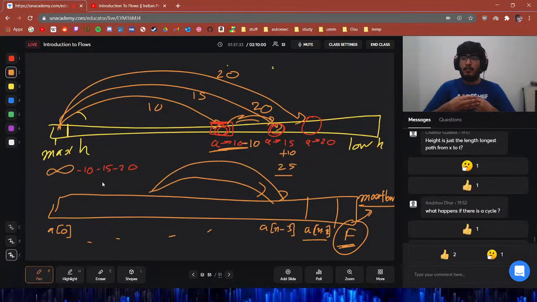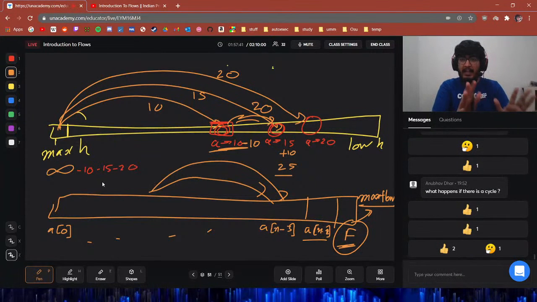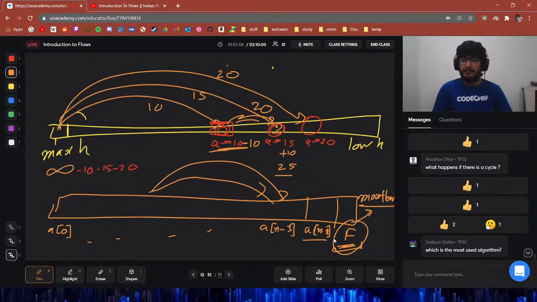Basically, we're trying to push flow into all of the reservoir tanks we have in each of the nodes. If those nodes do not have the capacity for such amounts of flow, we're going to backtrack and cancel out that flow later. But basically, whatever maximum flow we can give, we are going to give that. And finally, whatever flow comes in at the final part, that is going to be our f, which is